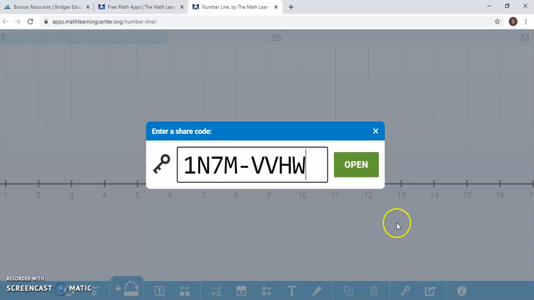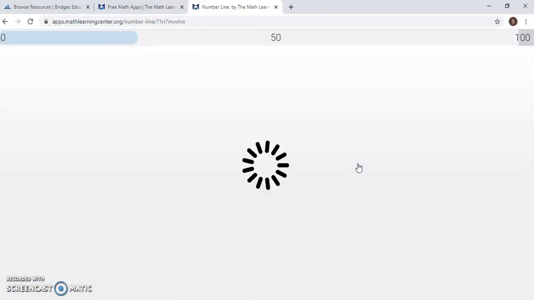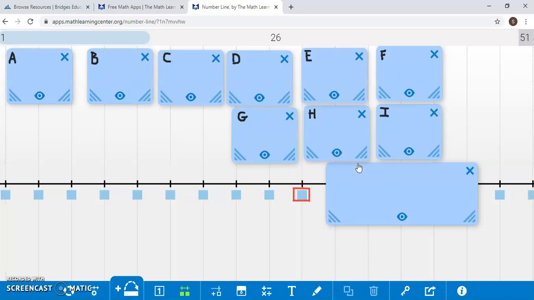1NSMVVHW that the Math Learning Center, the authors of the Bridges instructional materials that we have, are creating these codes as we speak. And this activity goes with the September number line activity number 3, playing hop and stop. And it's already created for us. Isn't that awesome? In that activity, students call out